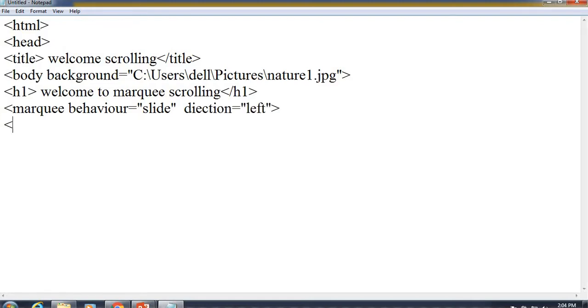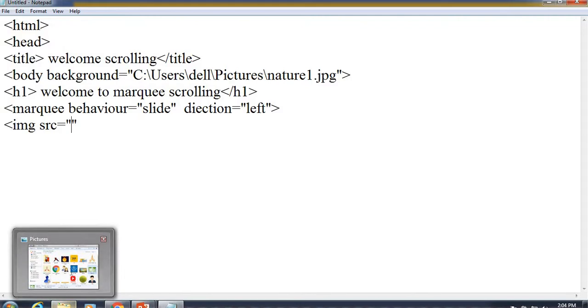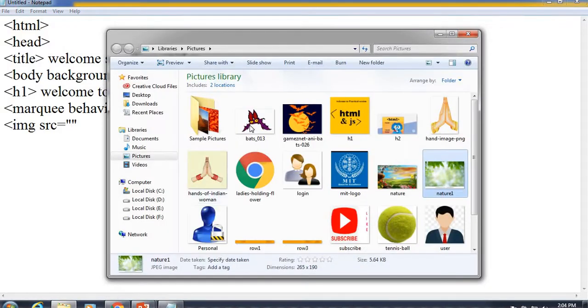After this, the image to which we are going to add the property, that image path or image we have to insert. For this we have the tag img, then src. Source equal to, I will give again the path for this. That is written in double quotes, and once again I will add the path for this.